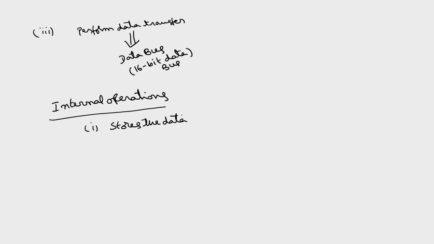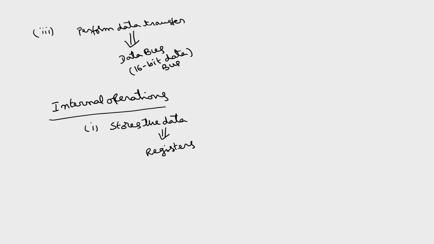So, in order to store the data, what is required? What are the hardware elements required to store the data inside the microprocessor? So, for this we require registers. So, registers are basically used to store the data. A register is nothing but a combination of flip flops. Each flip flop is capable of storing 1 bit of information. So, here if you want to store 16 bits of information, we require 16 D flip flops connected together. Then if you want 8 bits, then you have to connect 8 flip flops.